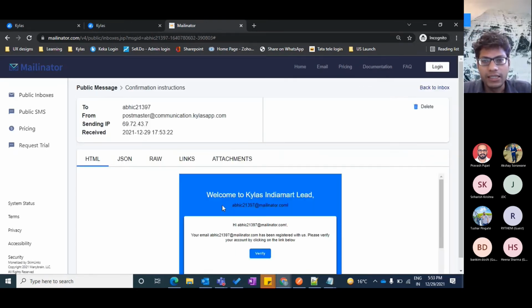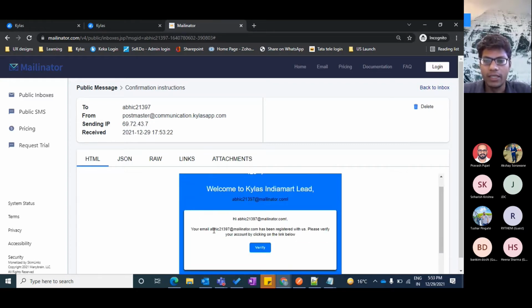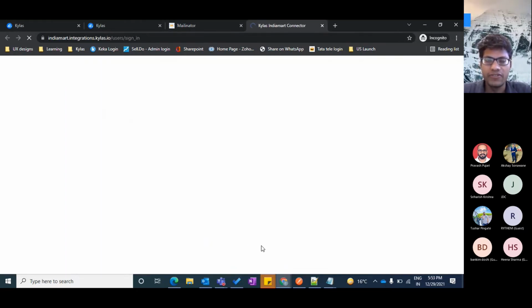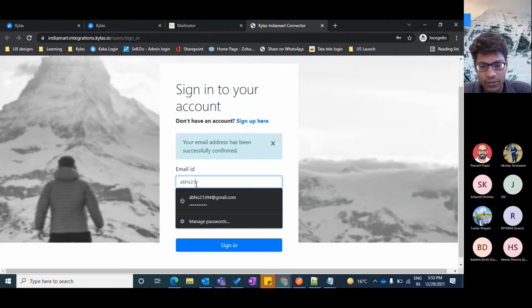Once I sign up, I receive a similar email to verify my account from IndiaMart. When I click on verify, it verifies my account, and now I am ready to log in.